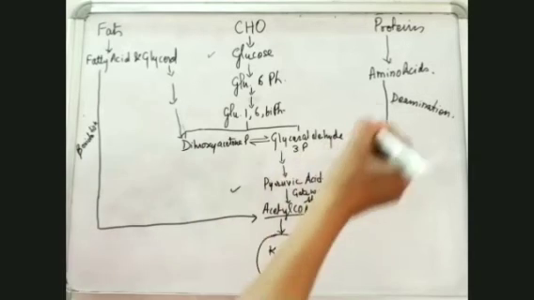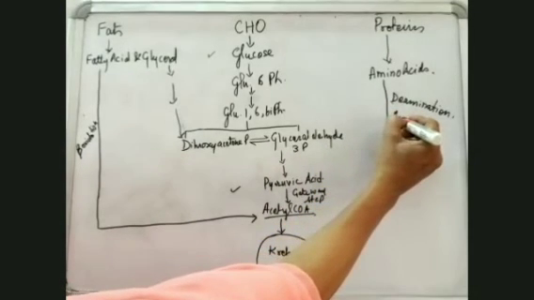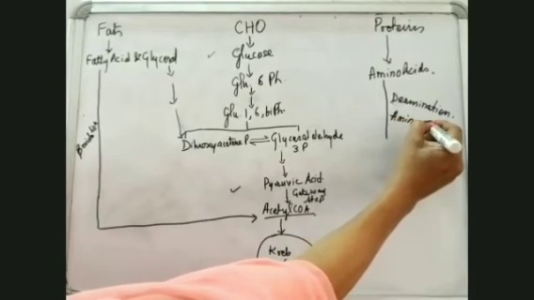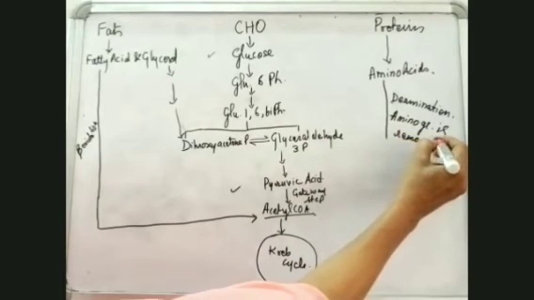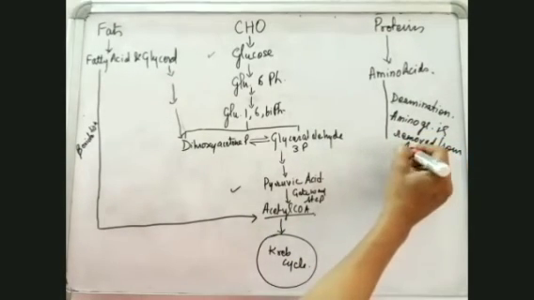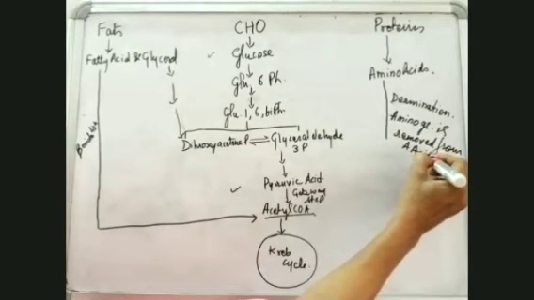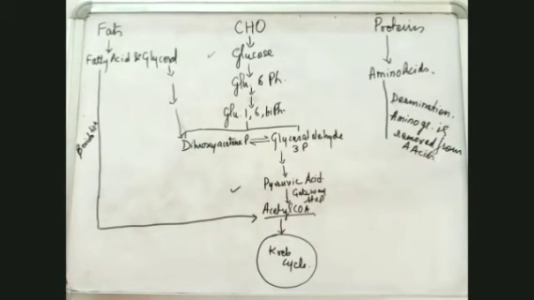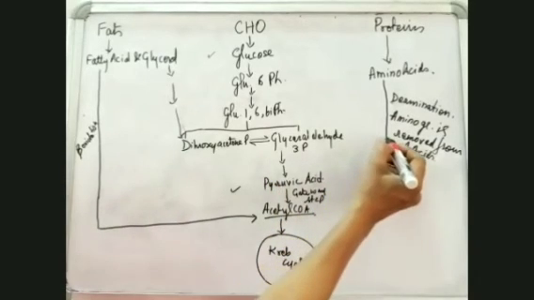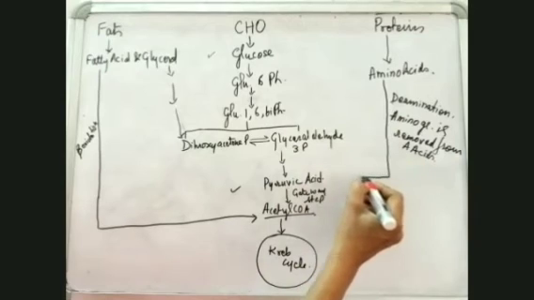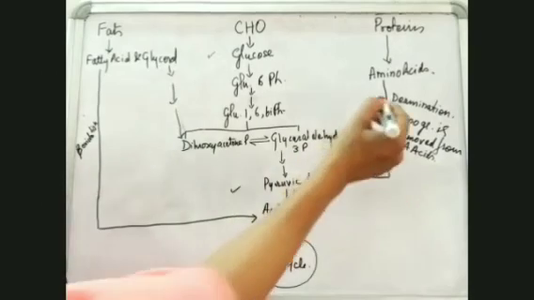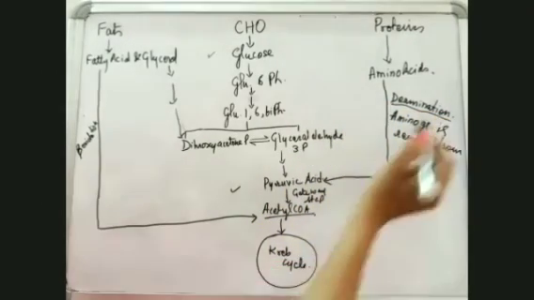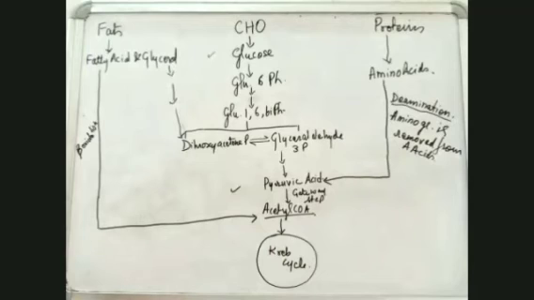So what happens in deamination? Amino group is removed from amino acids. When the amino group is removed, they get converted into pyruvic acid, and so they form pyruvic acid. So deamination takes place here when the amino acids are converted into pyruvic acid, and thus the proteins enter the